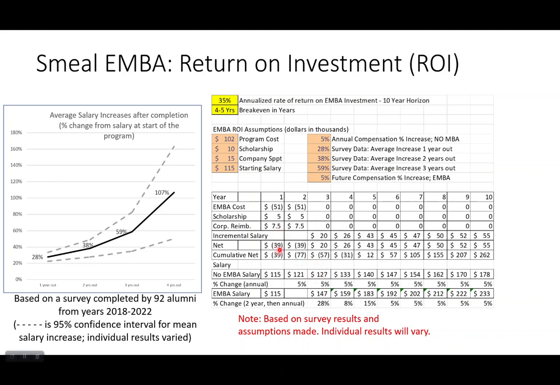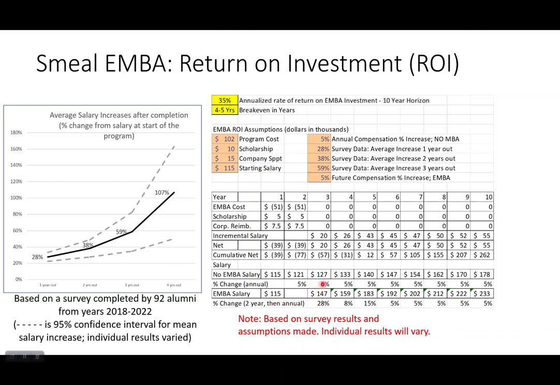So here's what I did. I assumed this $115,000 salary, if you got no MBA, would just grow by 5% a year. So you can see your salary going from 115 to 120 to 127 to 133 and so on. And I just ended this, to be conservative again, at a 10-year horizon, so there are no further benefits after 10 years. Now, using our data, the same person that entered the program making 115